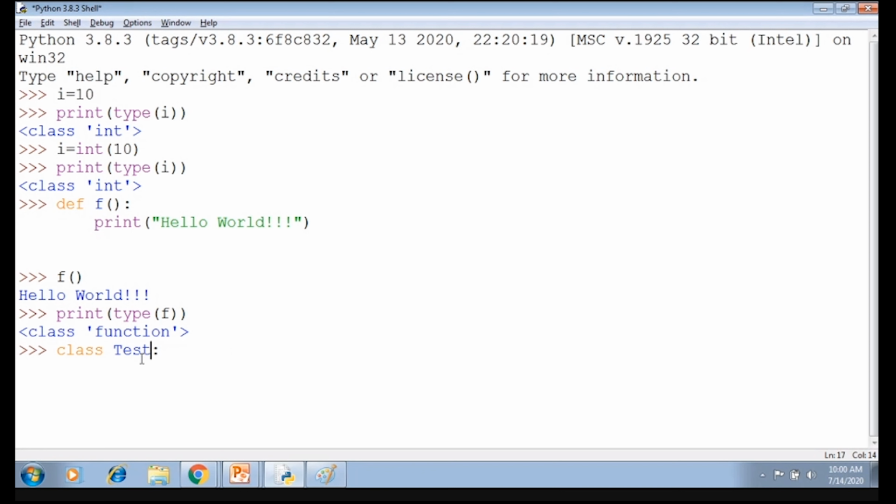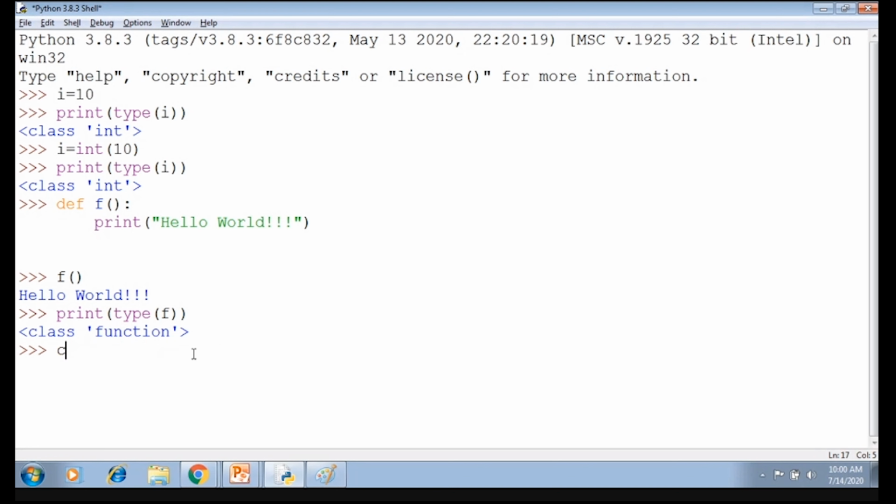Object class. So remember, I have created class test colon. Do we see any parent for it? No, but it is going to have a parent. And who is the parent class of it? Object class. So always remember, every Python class is ultimately, directly or indirectly, originated from the object class.